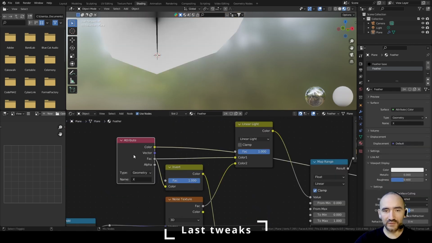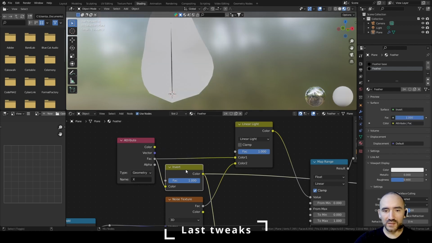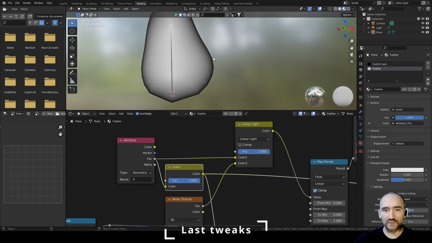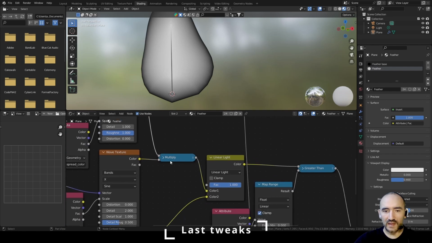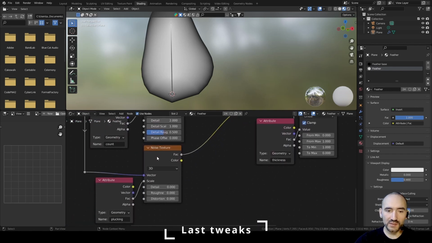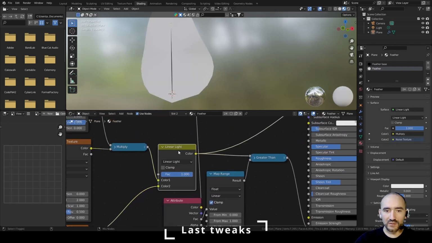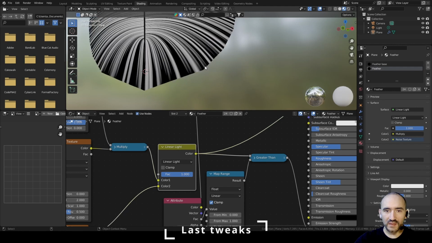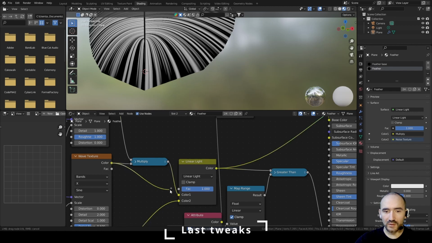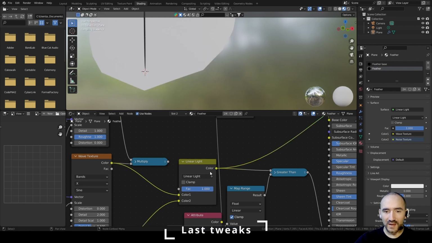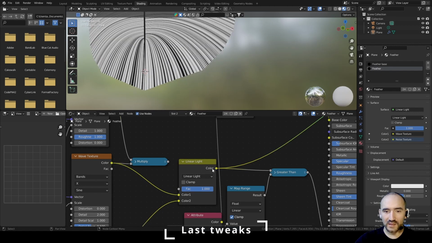So if I press Shift Ctrl and click, you can see these after we have the inverted influence, and we have the multiply before the linear light of the noise of the plucking feature. So to avoid this bad result, if I click here, we have these. We need to invert the position of these two nodes. So I need to link the color here and then the result of this linear light in this multiply,